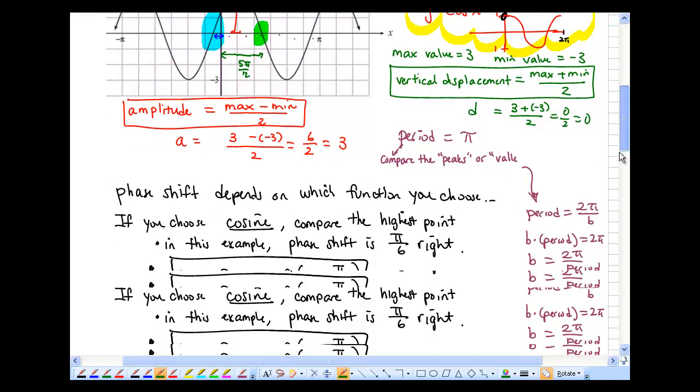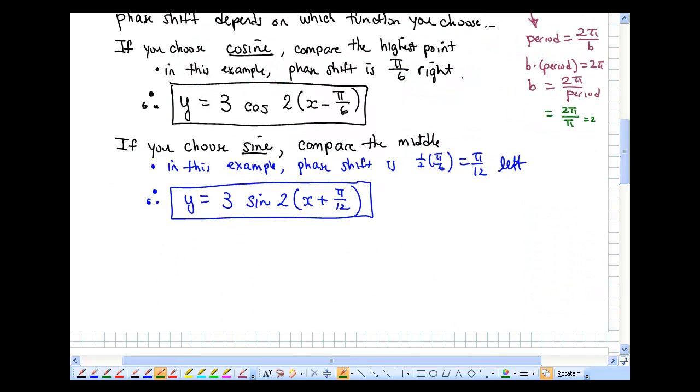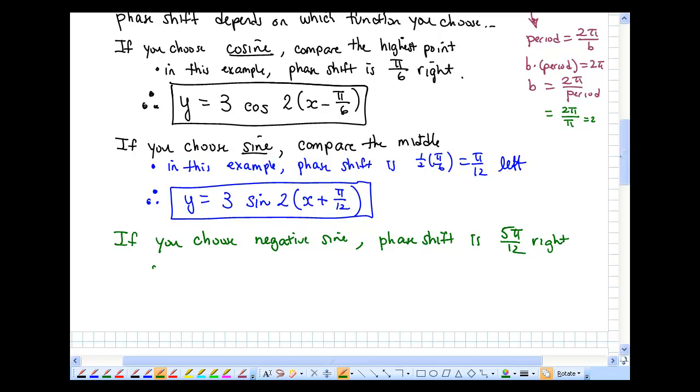So just to make things even more complicated for you, if you choose negative sine, you are still comparing the middle, but in this case the phase shift would be 5 pi over 12 to the right. And so therefore, you could have also written down y equals negative 3 sine 2 bracket x minus 5 pi